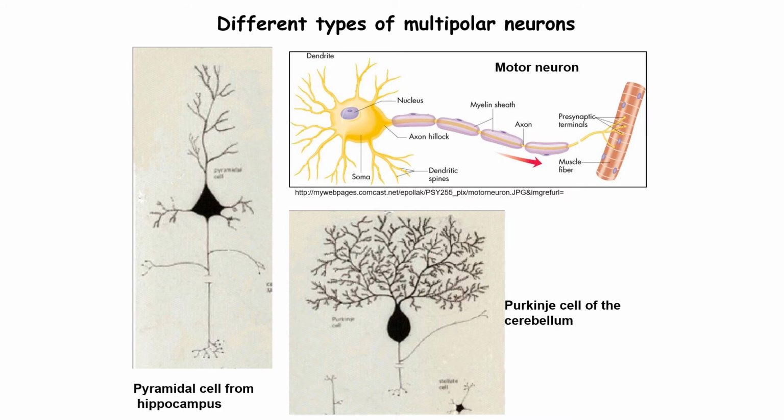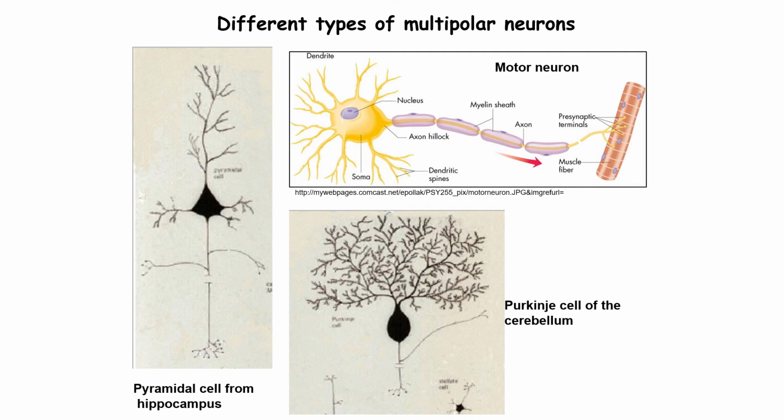In this slide, what you will see is different types of multipolar neurons. This is an example that I was talking about towards the end of the last slide. And here they are. On the left is a pyramidal cell from the hippocampus. These pyramidal cells are called so because of the pyramidal shape of the cell body. They also have a long projection of dendrites that go up, called apical dendrites, and certain other dendrites that communicate on the sides. And you have a long axon that is projecting down to the next cell in the brain. So those are pyramidal cells.